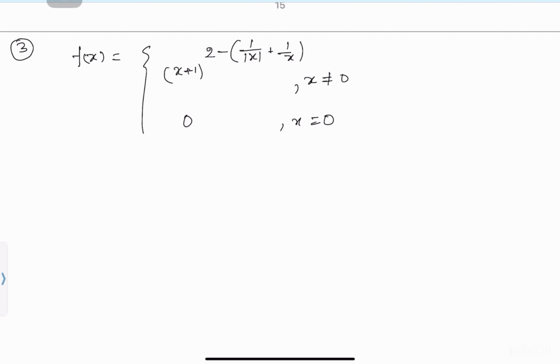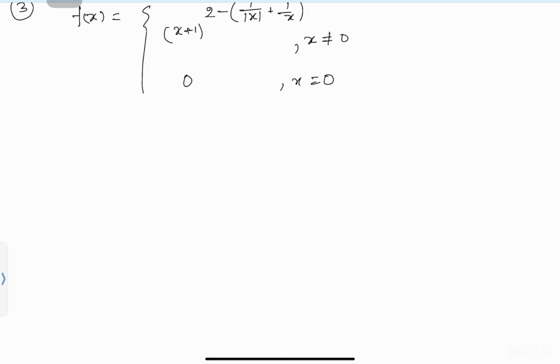Okay, now third question. Given the function f of x equal to ((x plus 1) whole to the power 2 minus 1) by (mod x plus 1) by x, for x not equal to 0, and 0 when x equal to 0. Okay, so you have to check the continuity. The options are